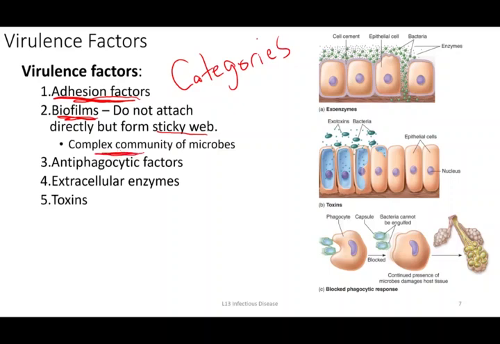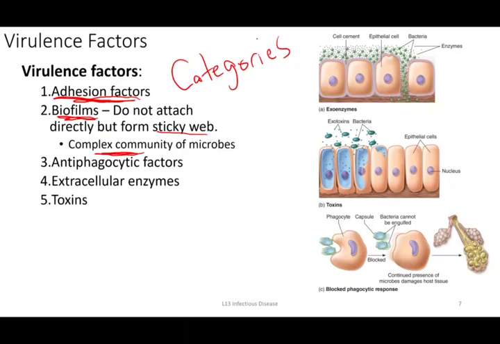So it may not be just a single microbe, but rather a collection of interacting microorganisms that leads to an infection and potentially disease. It's more than just the individual parts; they're working together in a way that makes it harder for our immune system to get rid of them. It's harder for antibiotics to work against them. And so we know forming biofilms is an important part of causing